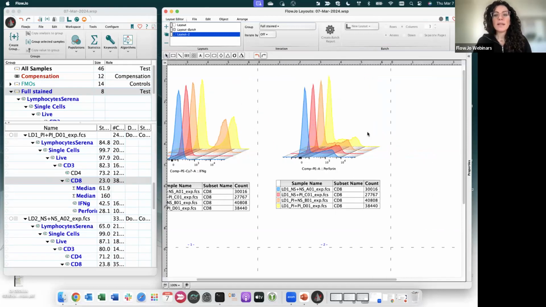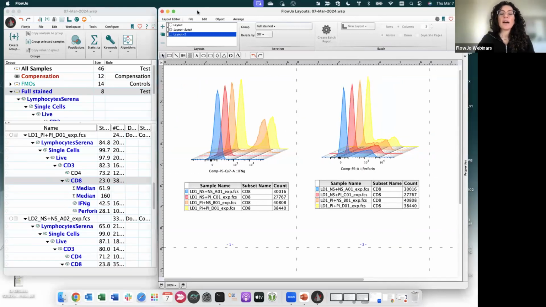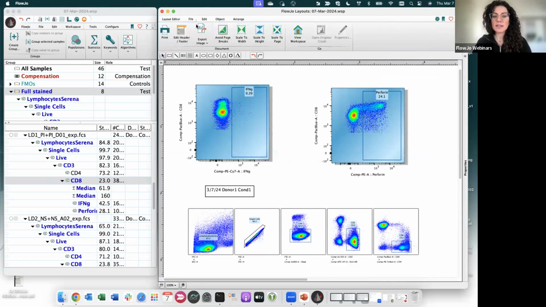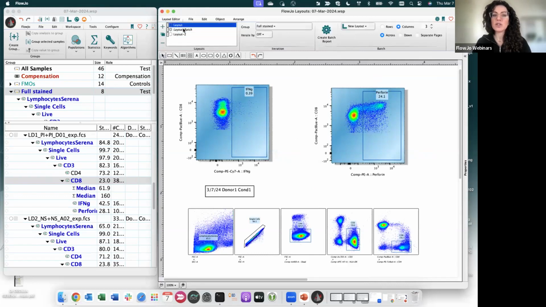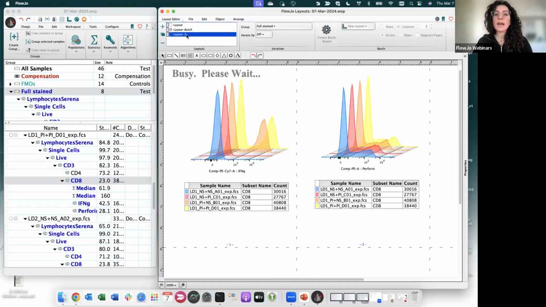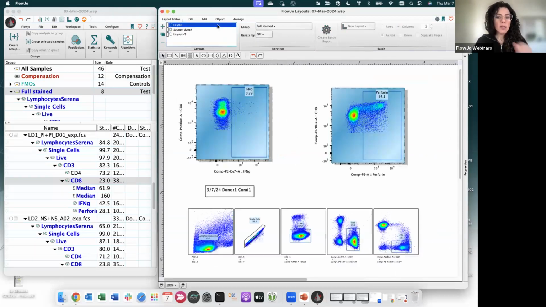Okay. Now, to the question, how do I save it? So first of all, let's finish out the layout editor topic. Okay, now we have plots, each individual sample that I can save and export as an image. I have a batch for my individual samples. I have an overlay for my histograms overlay. Eventually,